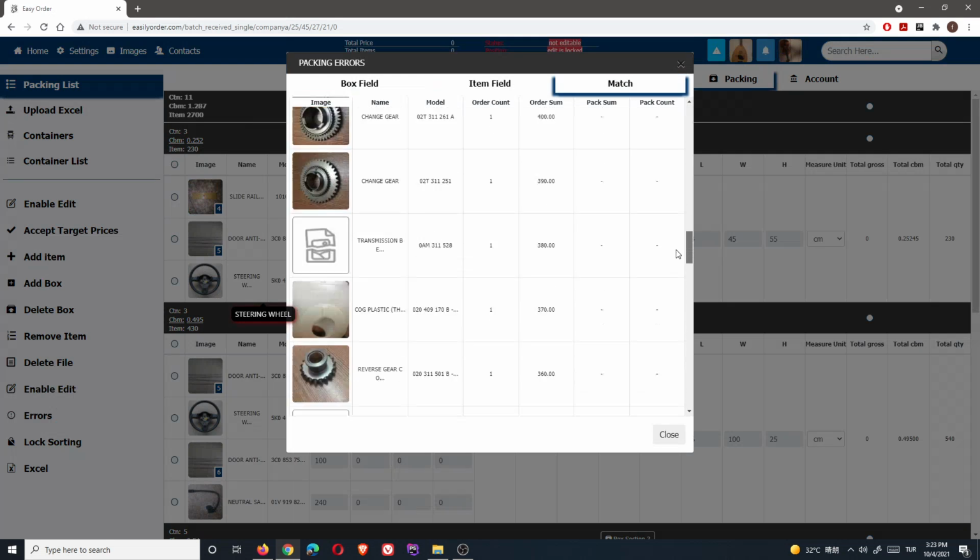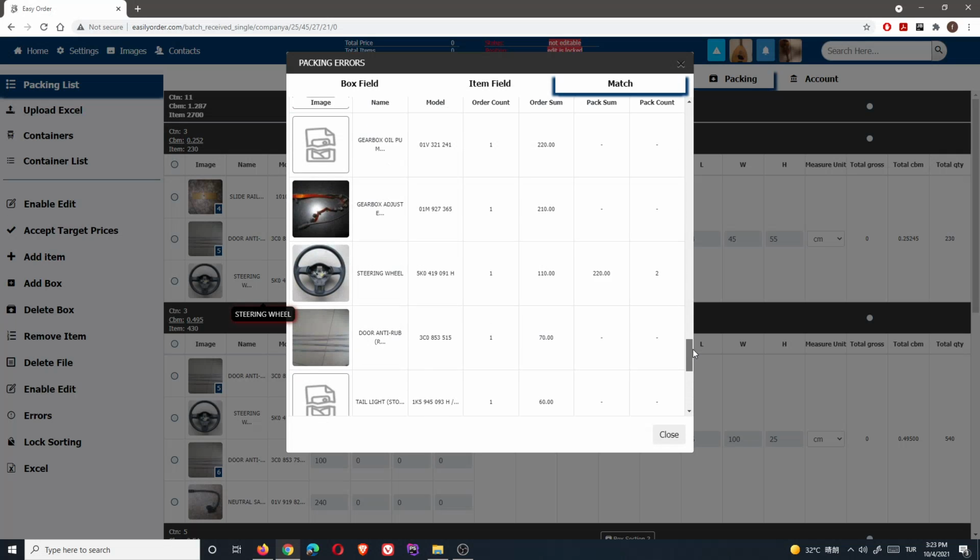Let's see if there is any warning here. Okay, this one, as you see, pack count 2 times entered. It means quantity 220, but in the order file there is only once, not repeated, and then quantity is 110. So you can see here that there's a problem with this item. Okay, now we close here,